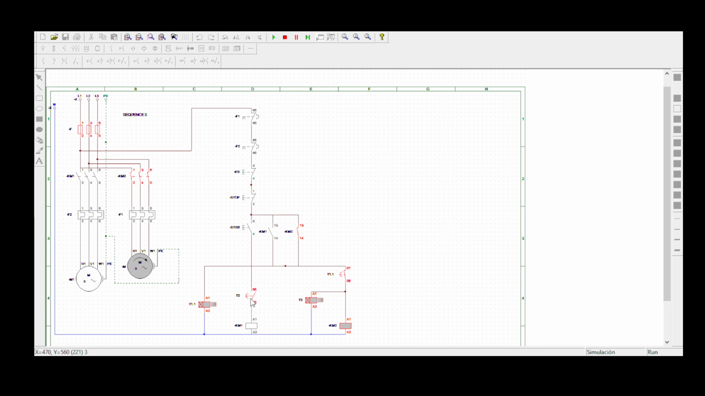So let me show you what I added here. Let me press the stop button. What I added here, I introduced a delay on timer. That's the first thing I introduced. This delay on timer must energize